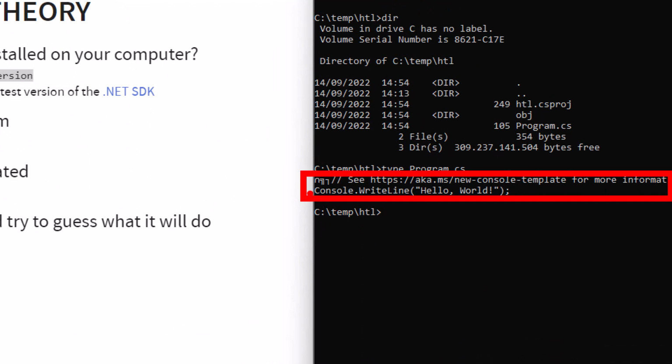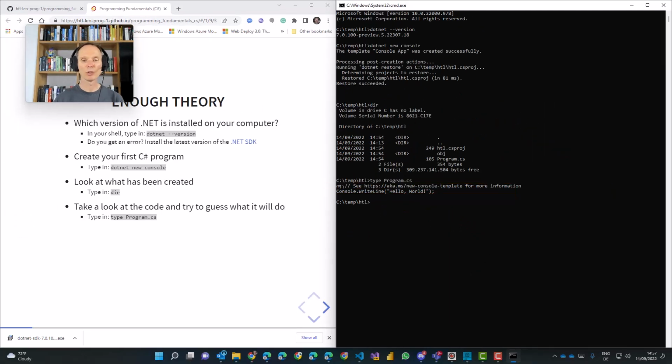The most important line is this one: Console.WriteLine("Hello World"). Remember that, with a bunch of special characters, which we will talk about in a second. Now this is the programming language, the language for us as humans. But now we have to turn this into binary code that the computer is able to execute. And this is done using the .NET build command.